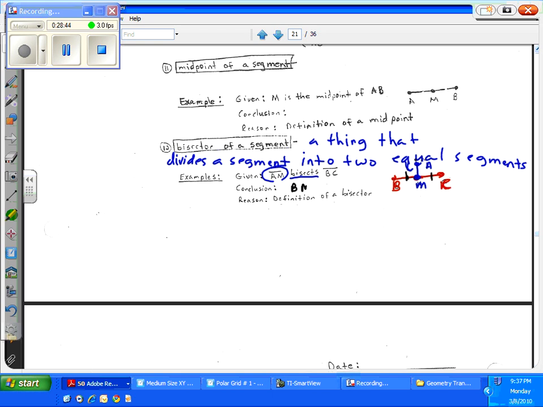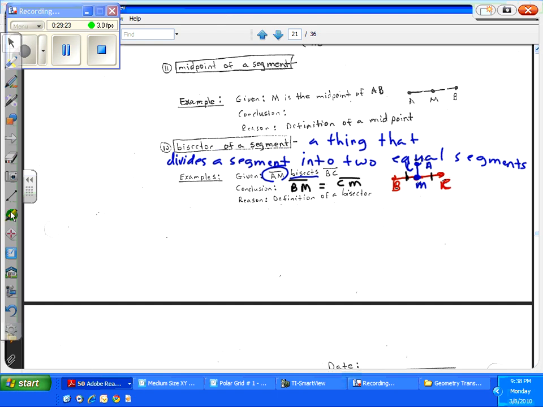Now I use in this text equal rather than congruent for segments and angles because I assume that people know that segments are the same shape. And that's the way I was taught geometry years ago, and in the more modern textbooks they use congruent all the time. But again, congruent segments have equal lengths, and a segment's going to look like a segment. Anyway,